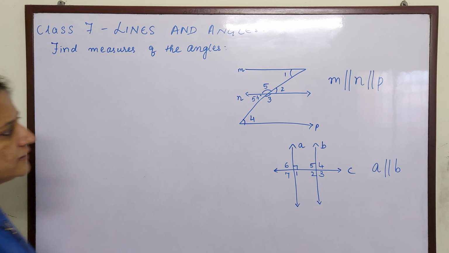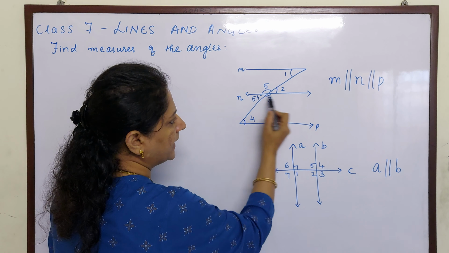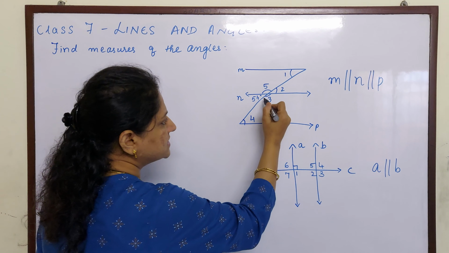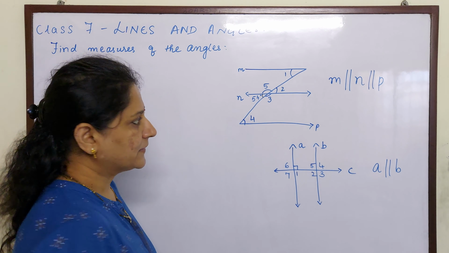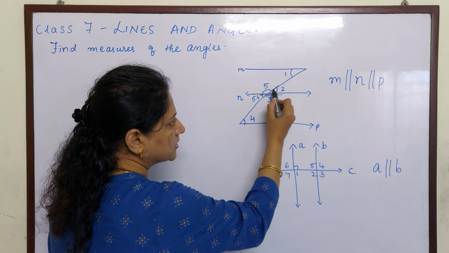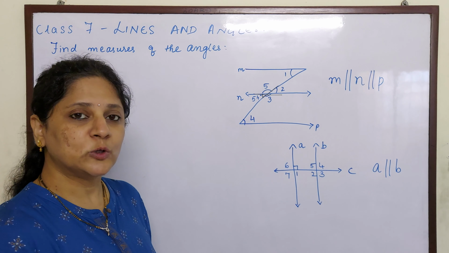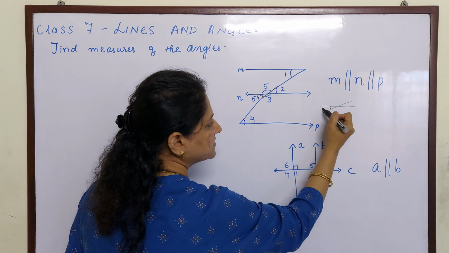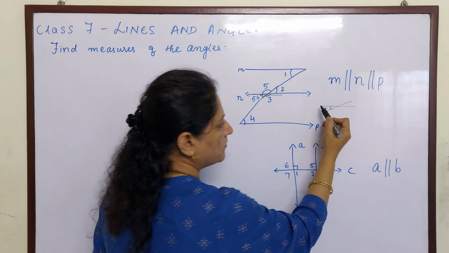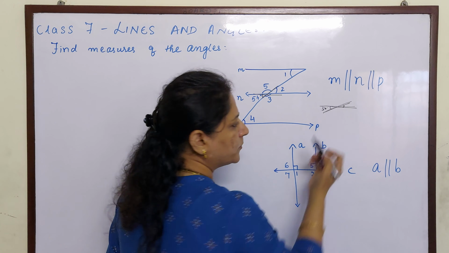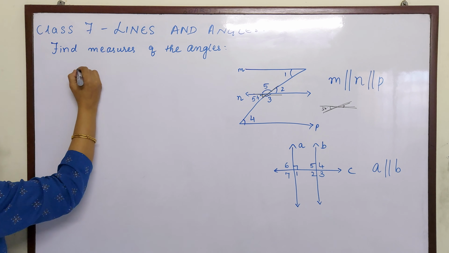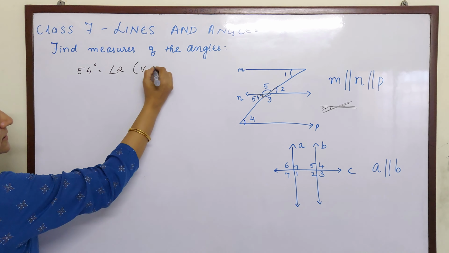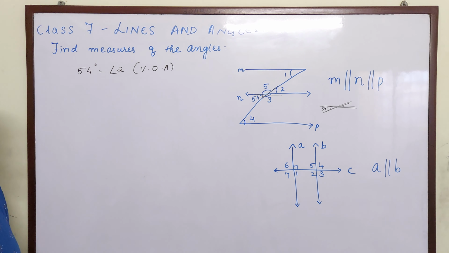Now if you take children only M and N, for the time being don't look at P. Okay. Now if this is 54 and this makes a crisscross, what do you think angle 2 will be? Yes, vertically opposite angles, because if this is 54, it is in the form of multiplication, so the opposite angles are equal. So I can say 54 degree is equal to angle 2, the reason being vertically opposite angles.